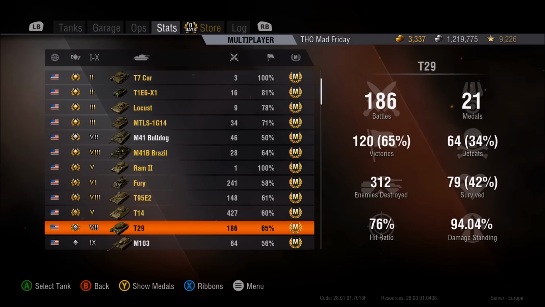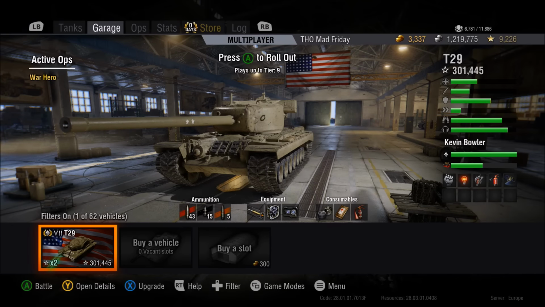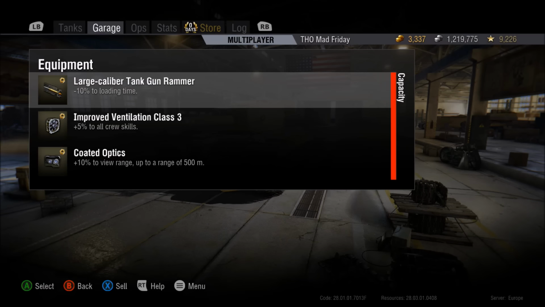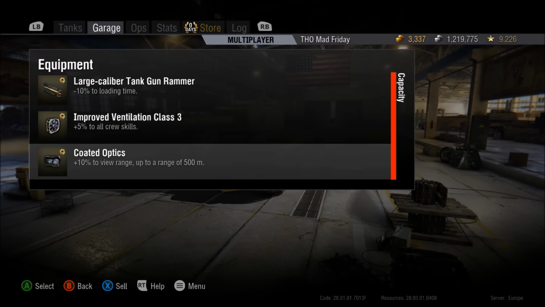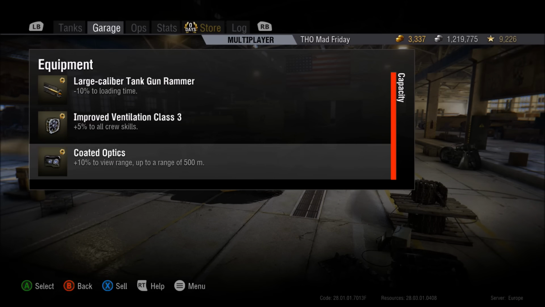Anyway, so nearly there. So there's only going to be one more episode of this diary. So I'll just show you a quick look around my tank as I've got it set up now. Let me show you my equipment first. I did have the traditional heavy tank set up on it. I had rammer, vents and vert stabs, but again, the same with the other diaries, I ditched the vert stabs and went for optics to help me outplay people with better view range and also to pick up more assist points,